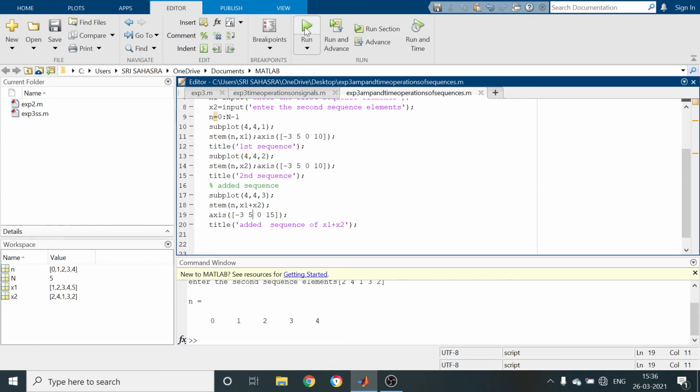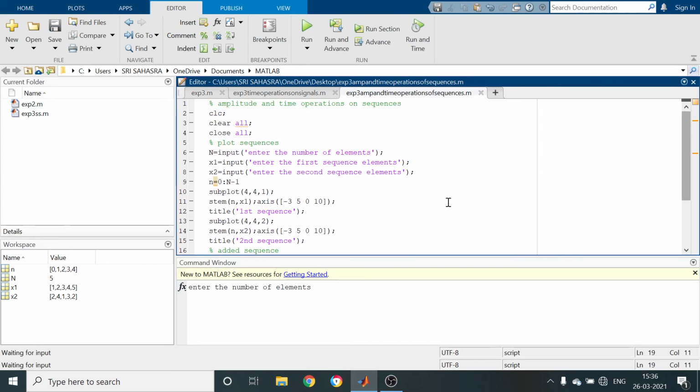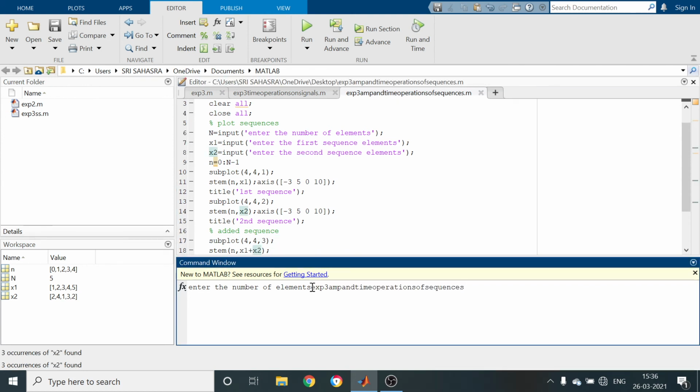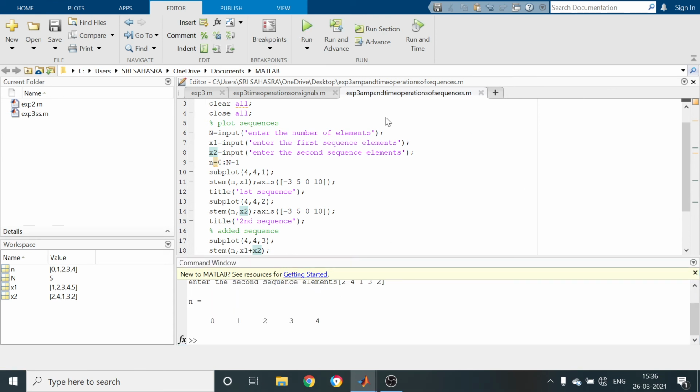Run the program. When entering, we can use the up arrow with the cursor here. I used 5, just enter. Next 1, 2, 3, 4, 5. Now we are getting 5 samples.